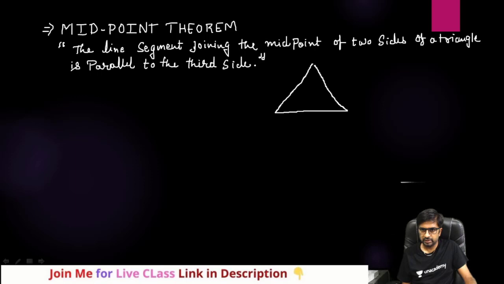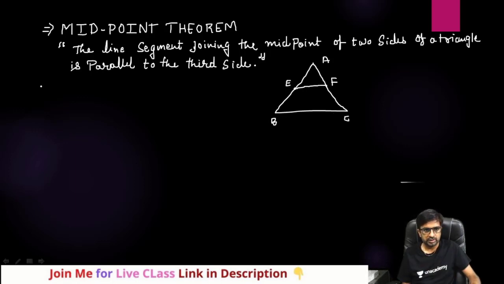They are telling a triangle ABC and two midpoints. We need to draw a side from two midpoints. Suppose this is E and F, these two are midpoints. So actually these two E and F are midpoints, and we need to prove that EF is parallel to BC. And one more thing that they had added, that prove also that EF equals half of BC. Both the things we are going to prove here.